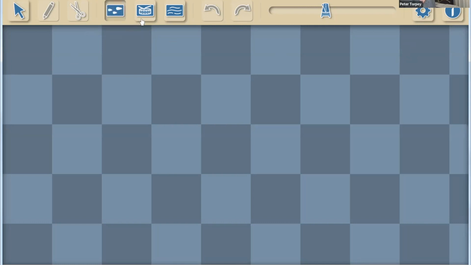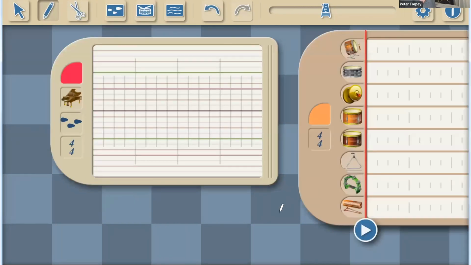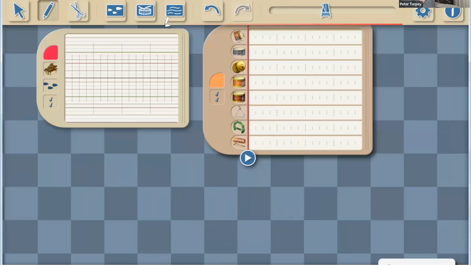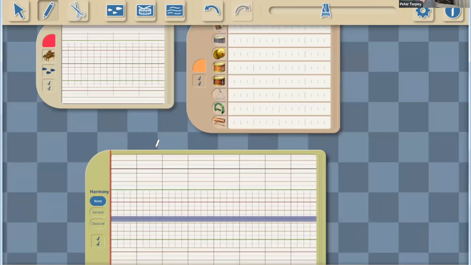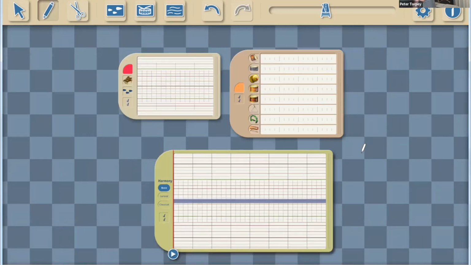And all the familiar types of windows are still here. You've got the melody windows, percussion windows, and the sketch window. And you might notice a few things that have changed. The percussion windows now show the percussion instruments, and you can hear them just by clicking on them.